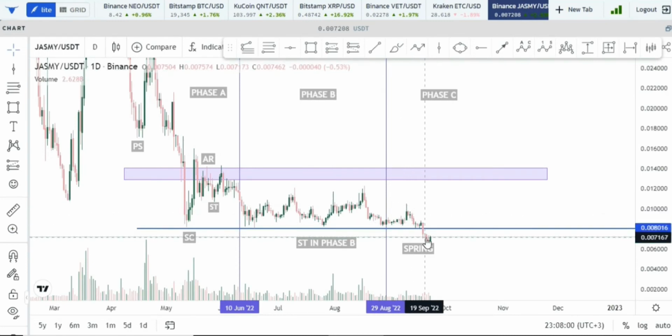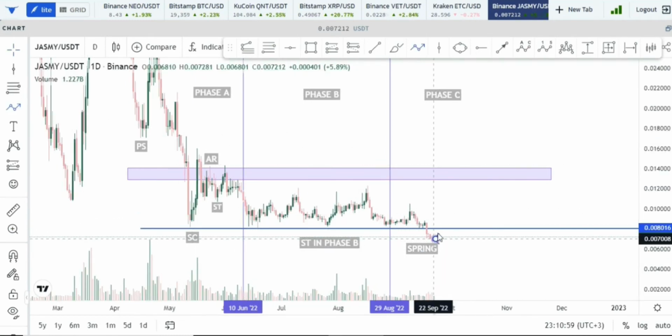Basically what the spring is, it's downward price action that goes below the selling climax and the support right here. So it induces fear in retail traders. But the good thing about this phase is it is the lowest point in the Wyckoff accumulation structure. So from the spring here, we should be expecting a bounce right here, which gets us back into the trading